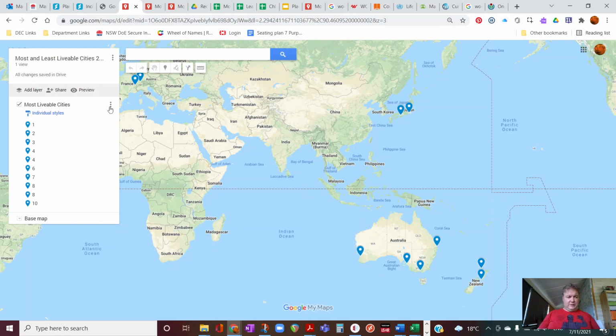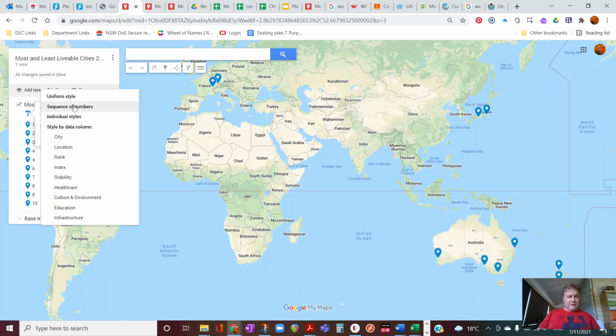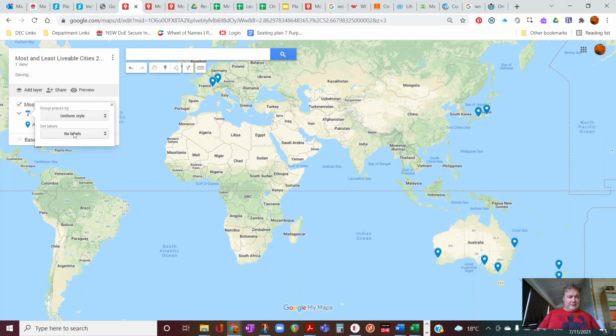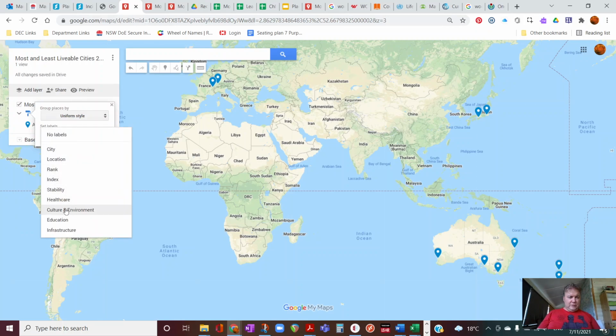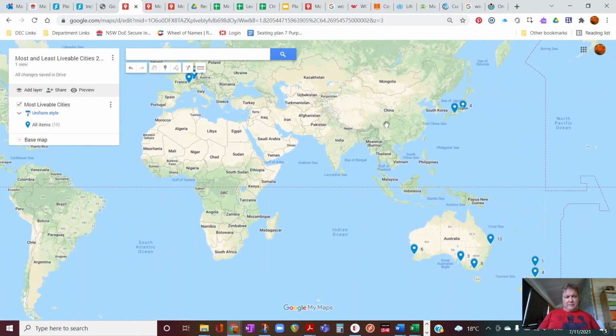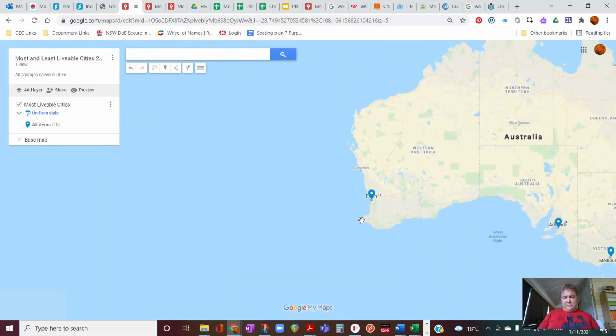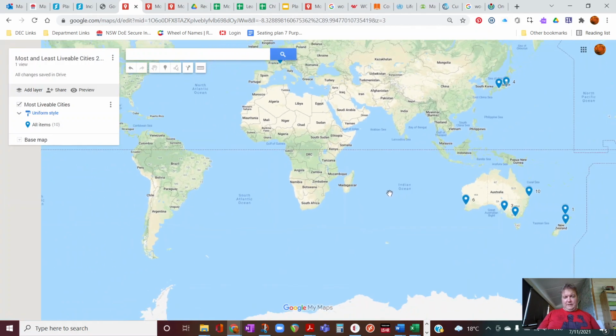Now what we need to do now is change the styles a bit so that we get the right display. So if you change it from individual styles to uniform style, and then we set the label to the rank, what you'll get is all of the most livable cities with the same color, but they'll have the rank next to them. So if we look at Perth here, it's blue and it has the number 6 next to it,